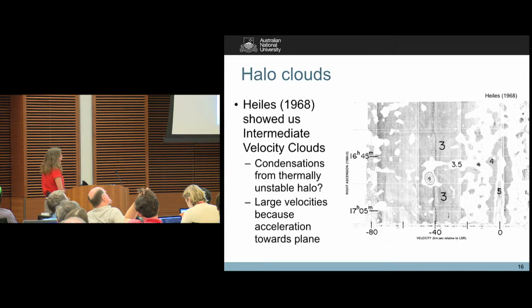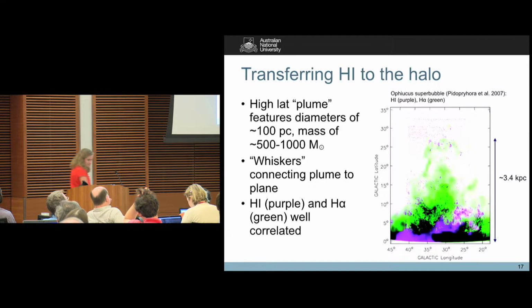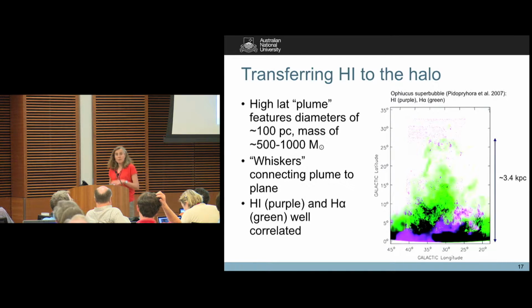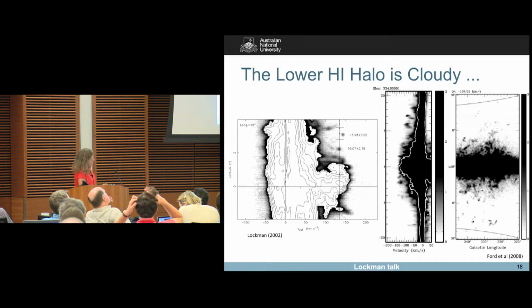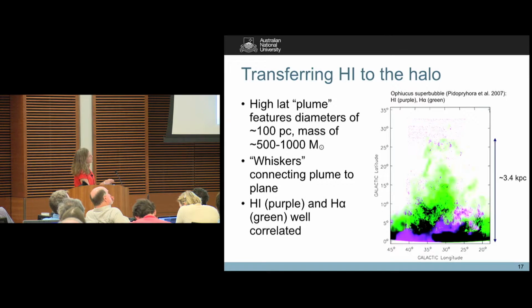So what do we see now, having moved forward a number of years? Well, we know for certain that you transfer HI to the lower halo from processes in the disk. The example of the Ophiuchus superbubble, which we've heard about already today, shows high latitude plume features with diameters of about 100 parsecs or so, sitting up 3 kiloparsecs above the disk, and they're connected all the way back down to the plane via these little whiskers along the side here. The green is H alpha and the purple is the HI there. So Jay showed us quite a lot